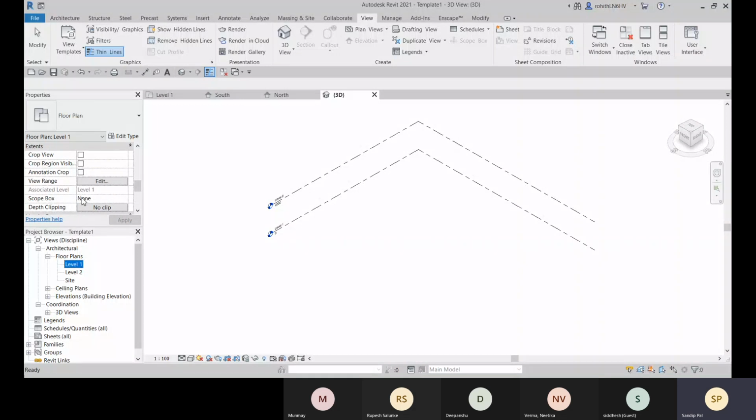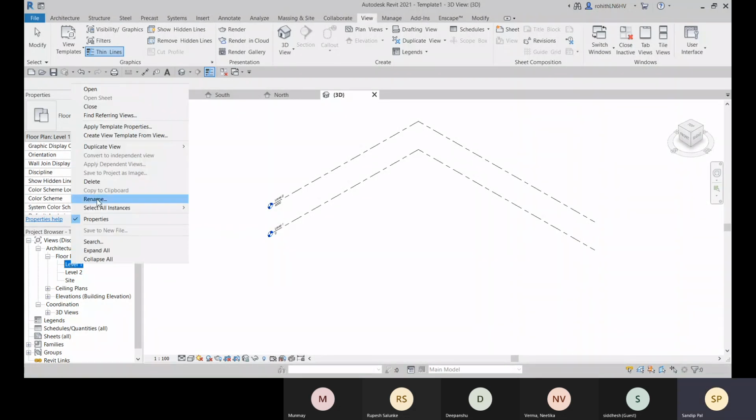So let me just go for this. And here you can see that the discipline is set to architecture. And if I click on copy or duplicate the view, you can go for duplicate with detailing. What is the meaning of duplicate, duplicate with detailing and duplicate as dependent? So duplicate means you are just duplicating the model components, not the annotation components. And if you choose duplicate with detailing, that means you are duplicating with annotation elements also.